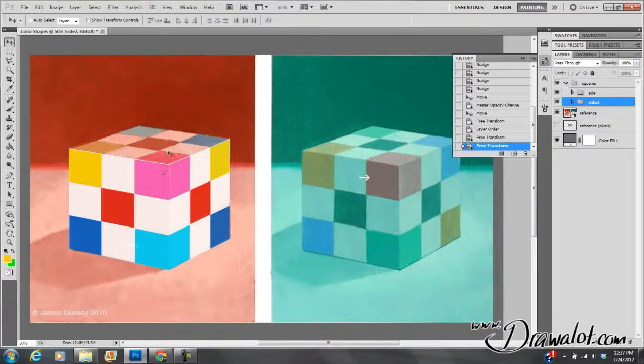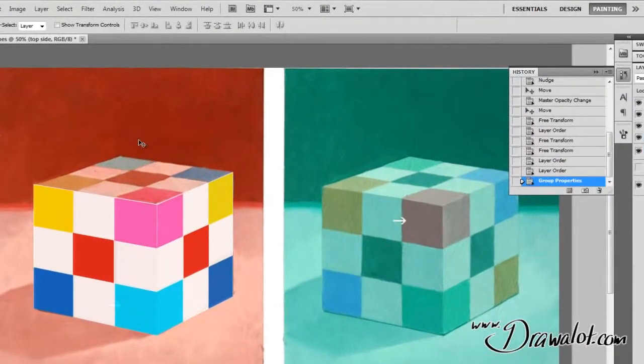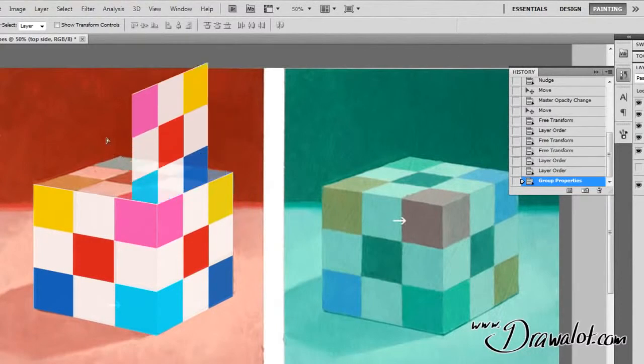Now what I want to do is try to get that top one. Okay. So I'm going to duplicate my second side, hold down the Alt key, make sure that it's inside the squares folder. I'm going to name this top side. I'm going to use the V, press the V button on the keyboard, bring that up here,